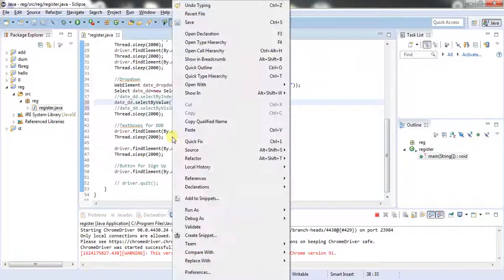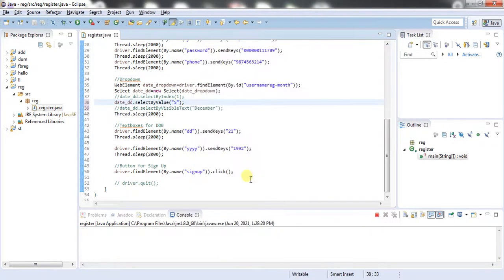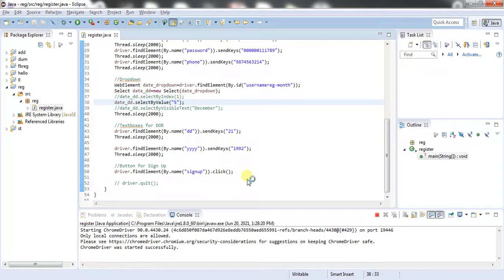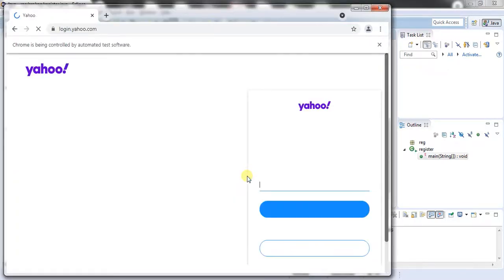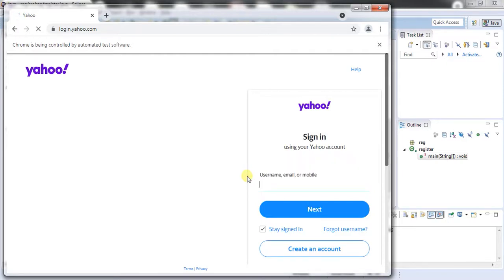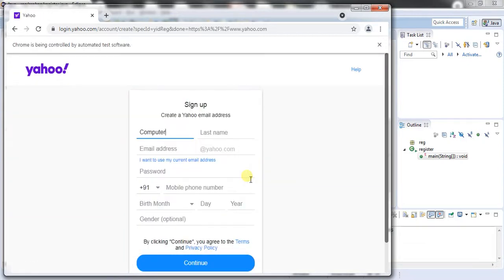Let us execute and see. Okay, it opens the same process. The same process will be done, create an account and all. So 5 means it needs to select, let us see.